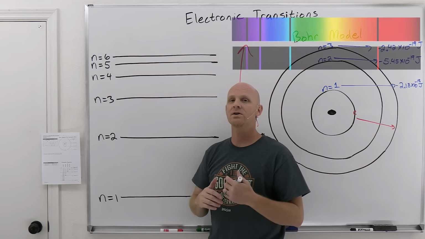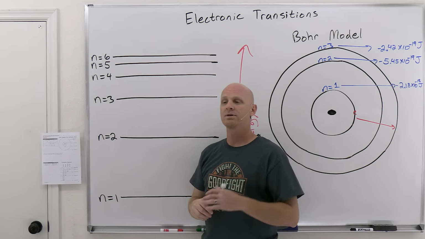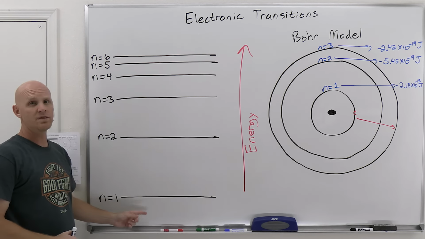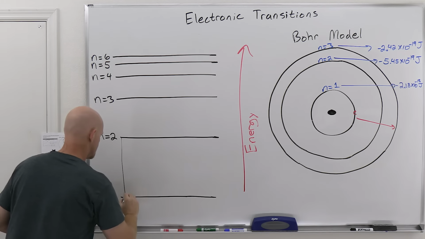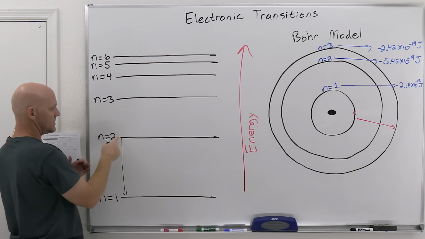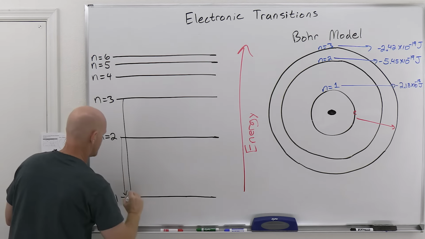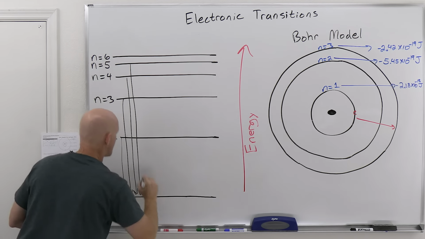And so only certain colors are going to be present. And it turns out they form various series. Depending on how far they fall is going to be the type of series they are. And so they could just fall all the way down to n equals 1, the lowest energy orbit possible. So in which case we have a series here. Some of them got zapped up to 2, so they fall from 2 to 1. Some got zapped up to 3, so they fall from 3 to 1, 4 to 1, 5 to 1,